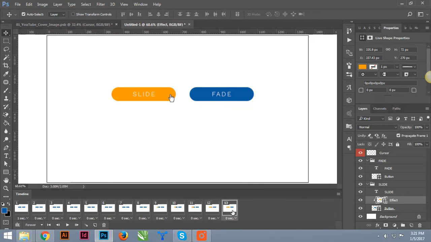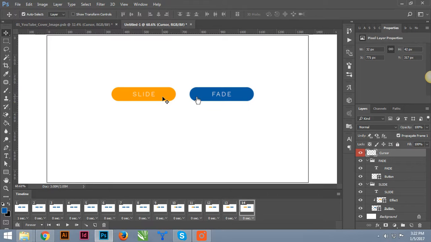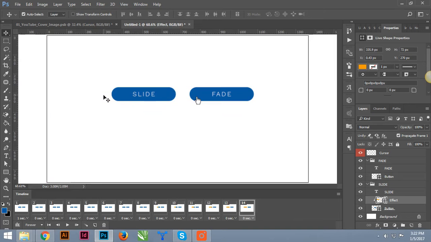Now that we have created that, the next animation we have to do is the fade effect of this button. On the last frame, again we have to duplicate it, then on the 14th frame, move the cursor to the next button, and the effect of this button will be gone. So move it away,